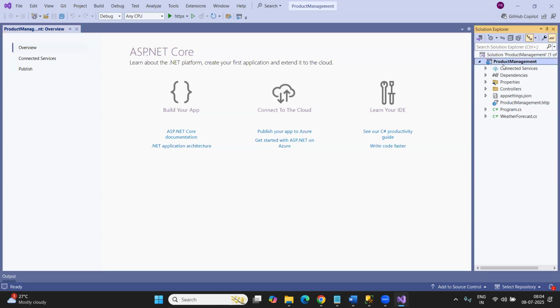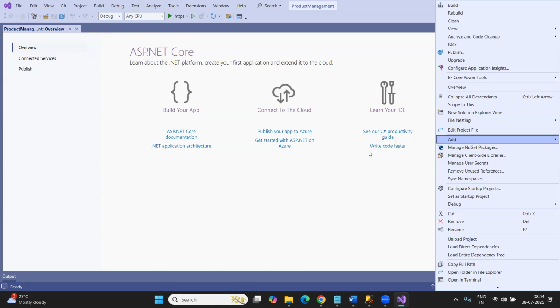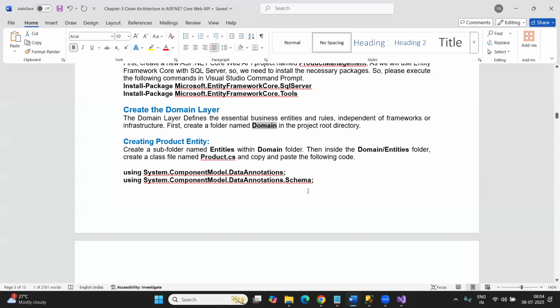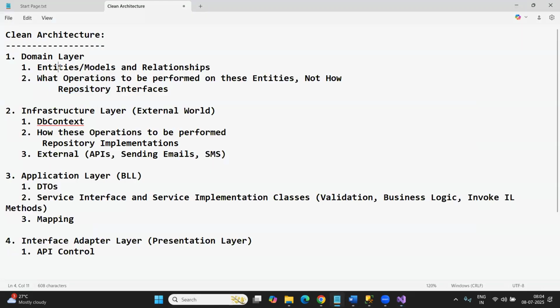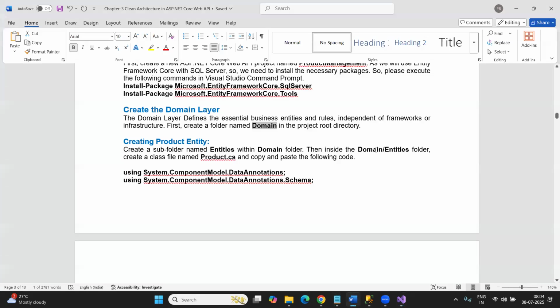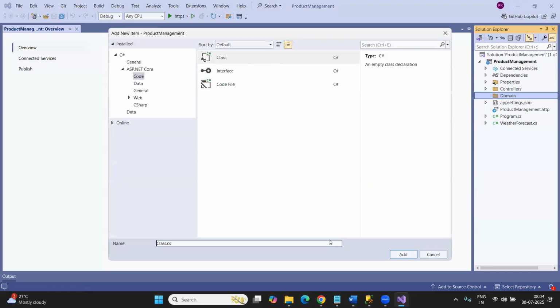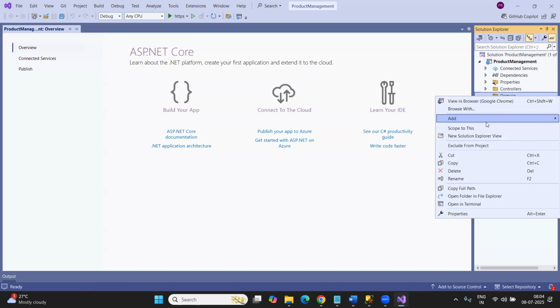So in this case, I'm going to create one folder called domain, which is going to be my domain layer. And in the domain folder, I'm going to define two things. One is entities, another one is repositories. So first of all I'm going to create one folder called entities within this domain layer, where I'm going to define all my entities. So not a class file. It should be a folder first,